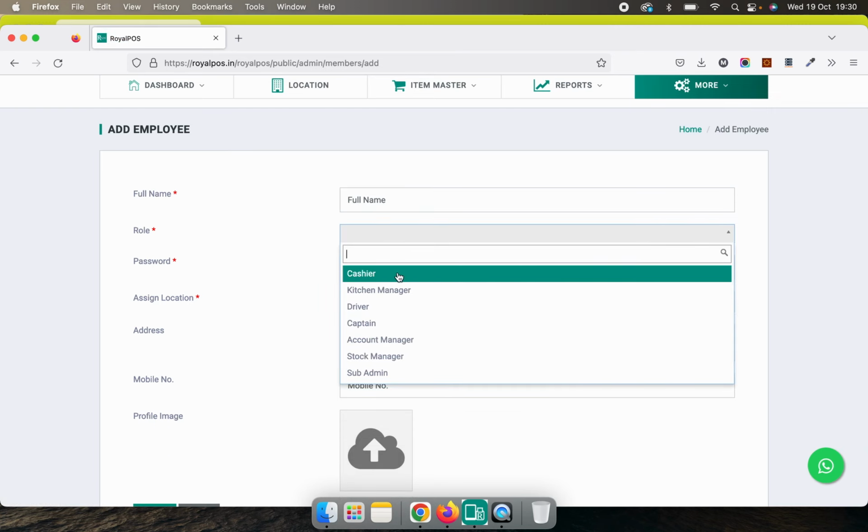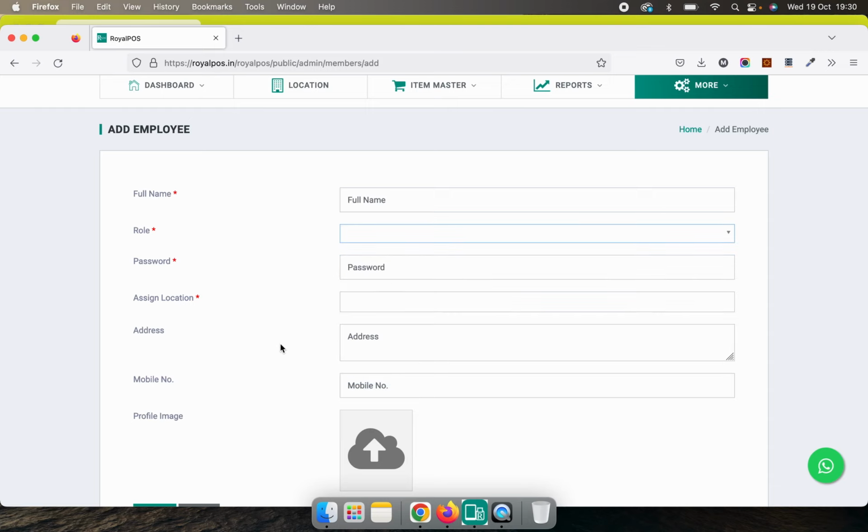You can have multiple cashier, kitchen manager, driver. Kitchen manager, cashier and driver are for the apps. Driver is a different app, the rider app. For the RoyalPOS captain app is there. Then we have the account manager, stock manager, sub admin options are available. That is for the back office only. Account manager will have access to account related, stock manager will have access to stock related, sub admin will have access to all the details, but only the outlets which he has been assigned,